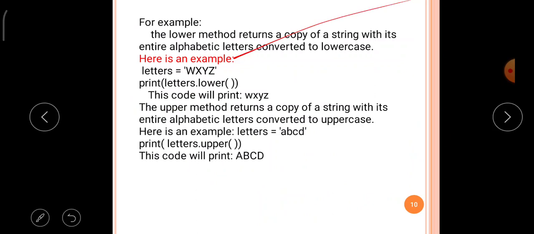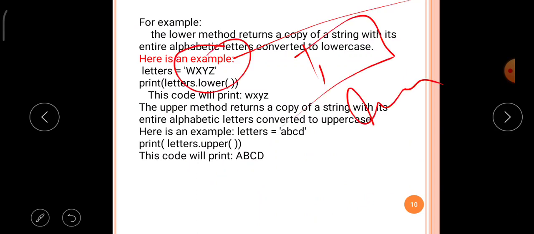So print letters.lower() will print wxyz as small letters, okay.